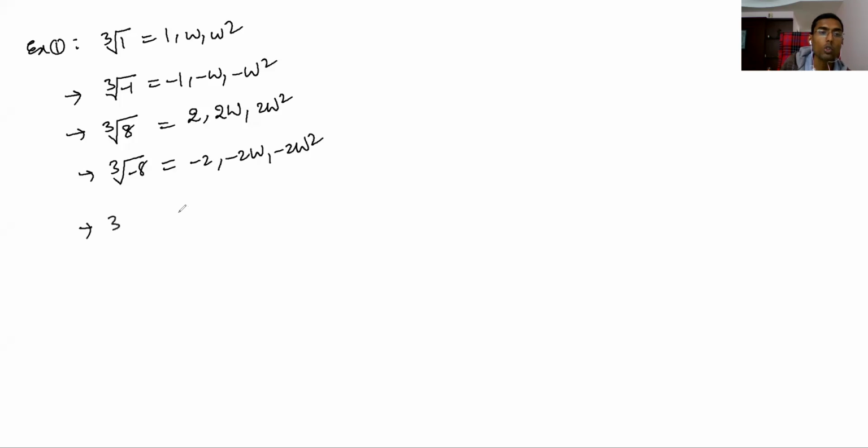Then what about cube roots of 2? What can you write? Just cube root of 2 into 1, cube root of 2 into omega, cube root of 2 into omega square. Like this. Here 8 gave 2, but here nothing can be simplified further, so you write only that. So 3 roots will be like this only. All right. So these are the cube roots. Yesterday we wrote it for 32 or something in a question.